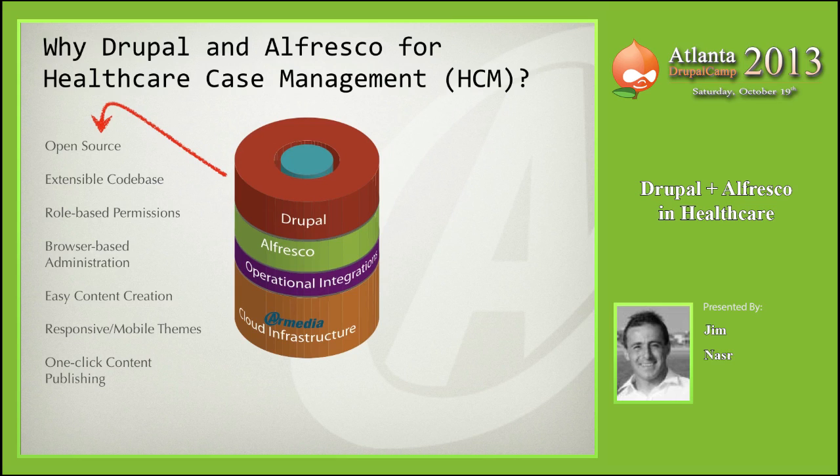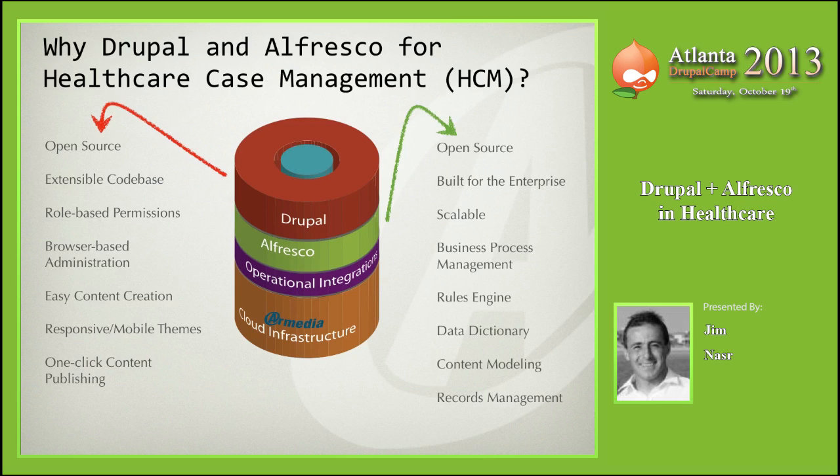And then Drupal, everybody here familiar with Drupal? Yeah, right. So it's a Drupal conference. So when you tie them together, you get the best of both worlds, in our opinion, for these kind of problems. Not for everything, right? If you're doing a marketing website, chances are you don't need Alfresco, because you're not going to necessarily have records management. You're not going to have audit trails. You may not need enterprise workflow and a rules engine, things like that we need in this kind of scenario, but you may not need for other scenarios. So as you can see, that's why we've tied them together. Drupal really is our front end. It's for web content management.